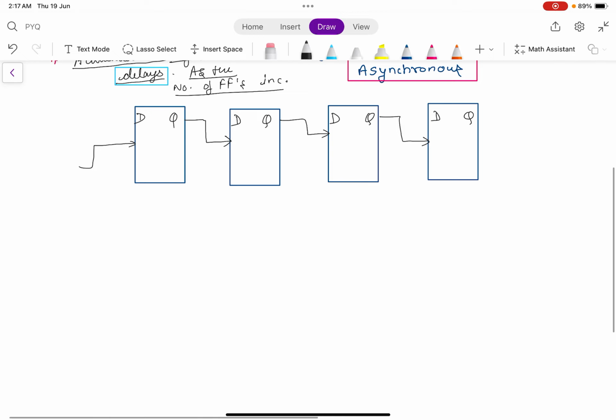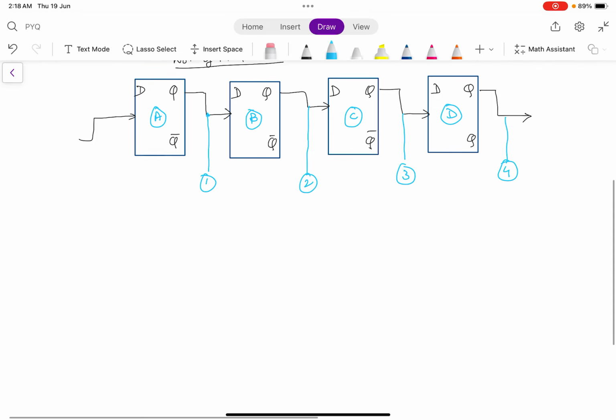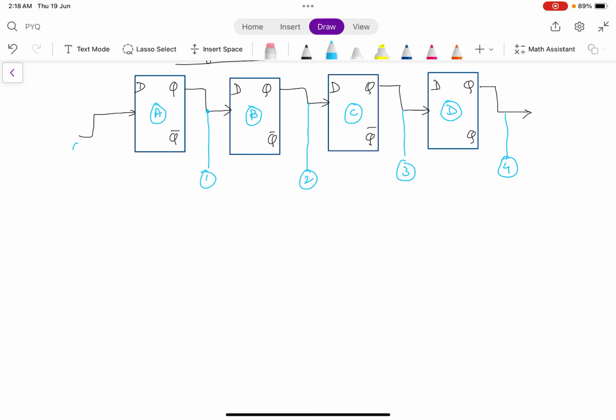So what happens? Let's write Q bar, Q bar, Q bar, and the final output. So these are the output nodes. Let's say this is flip-flop 1. This is B and C and D. This is output node 1. This is second. This is third. And this is fourth. Although there are 4 output nodes, the question is asking what will be the